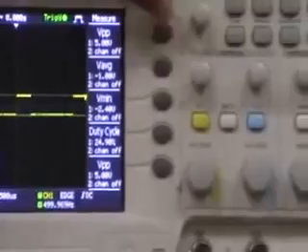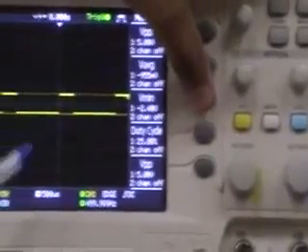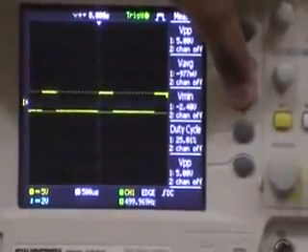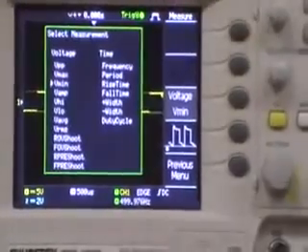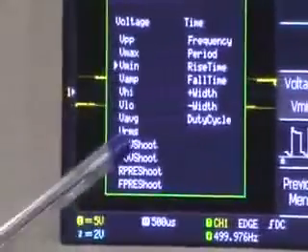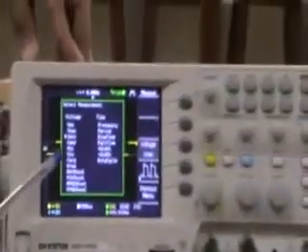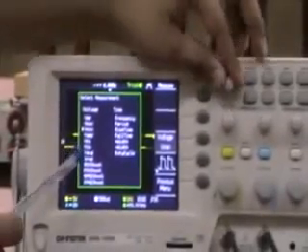Similarly, for the third button, if you want to select any other function, out of these 19 function measurements, we again select any that we require.